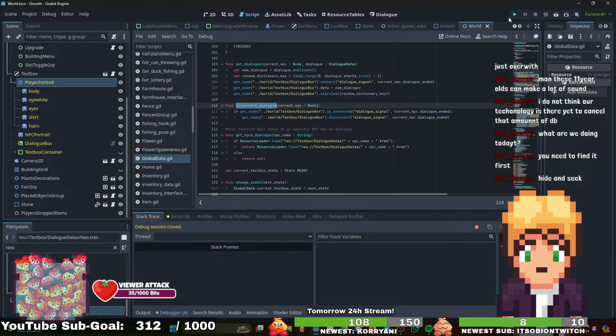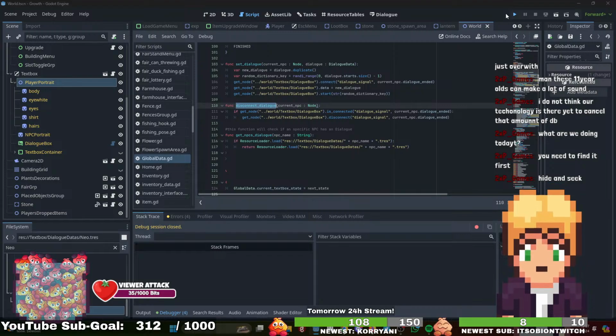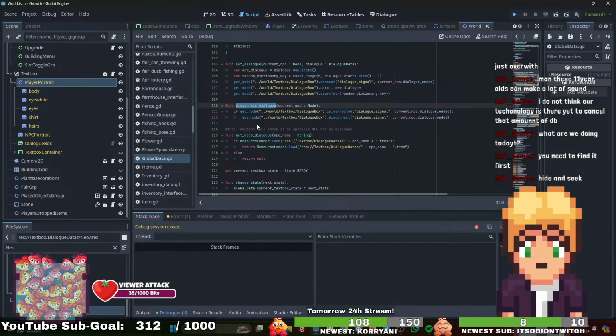Let's try it again. And then we'll figure out why the positioning of the dialog box is a little bit wrong. But I think I could fix it by putting this one in an extra panel, or changing the UI thing to be in a panel. And then set the